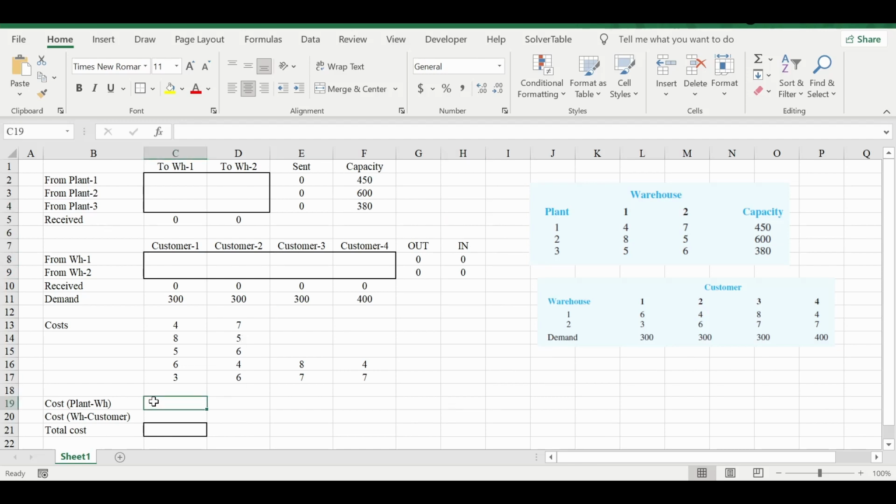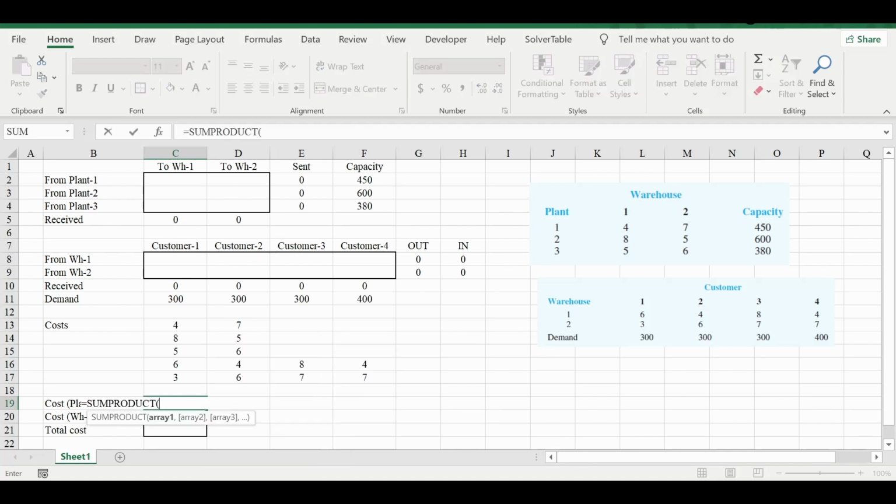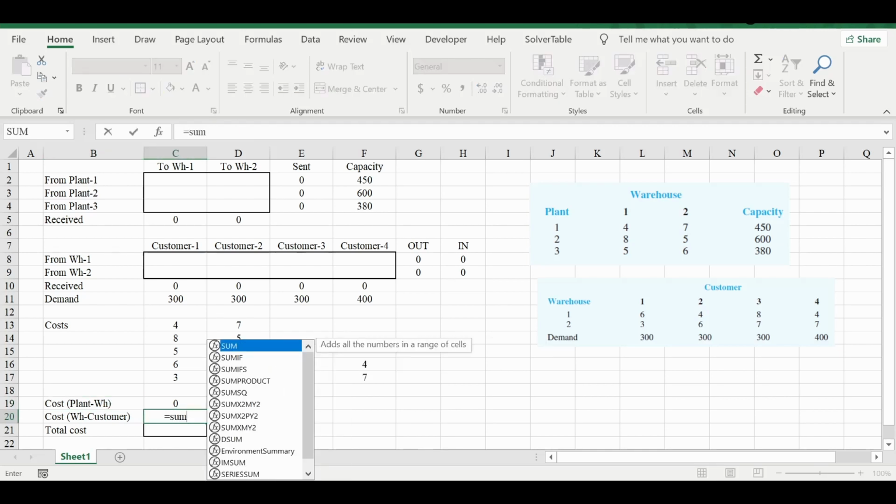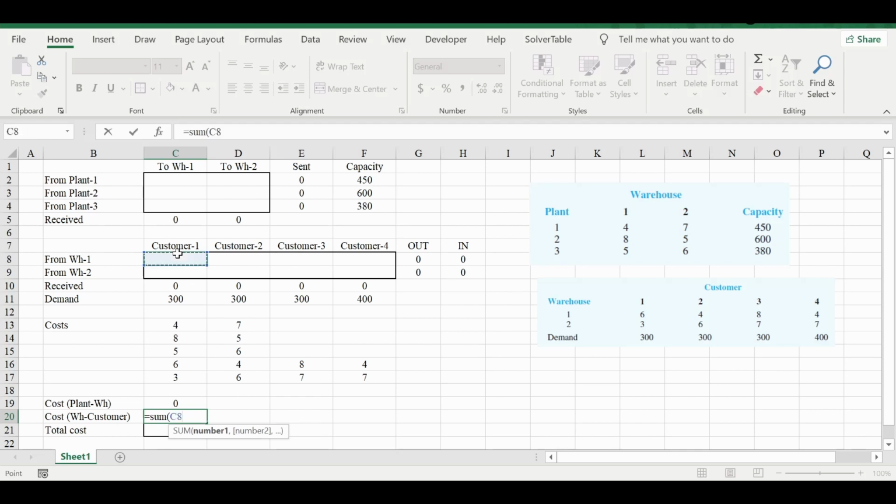So then the cost, the total cost, which is the objective. So do the sum product of this and this will give you the cost of movement from the plants to the warehouse. Similarly, from the warehouse to the customer, do this sum product of this into this.